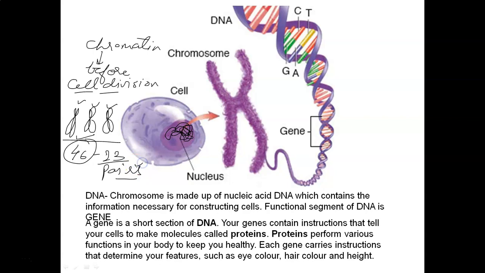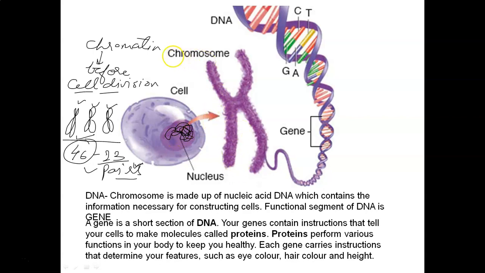Now, I'm using the term pairs, right? Last year in 9th standard, one topic has been added by NCERT, which was really very good, that cell division. So we will study in detail cell division in the coming slides, because this is the part of this chapter. So there I'll explain to you the details of chromosomes, how many in number, and how are they going to divide at the time of repair or the reproduction.